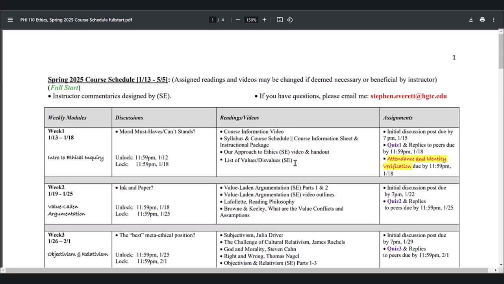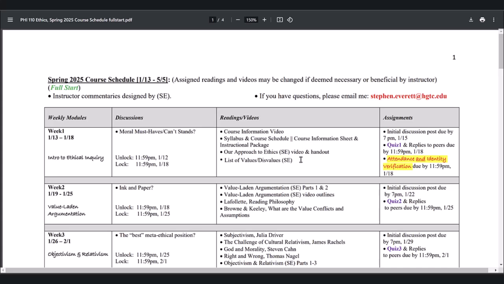There's more than just that some weeks. There are supporting videos, and some weeks there's textbook reading. There are other things in the weeks, but of all the things, you want to find this lecture material marked with SE, which is my initials, because it's giving you the overall big picture of what you need to be able to do the discussions and the quizzes successfully. And so, that being said, every week you'll definitely have the handout that goes along with the lecture video,